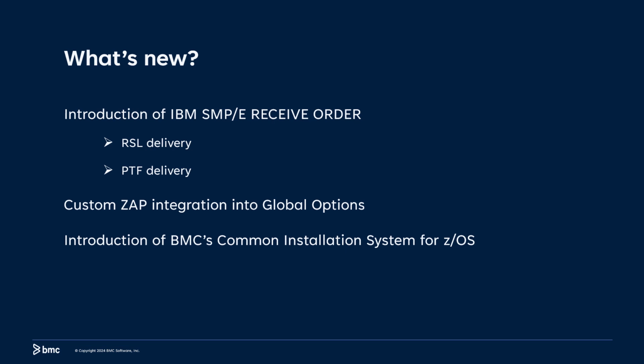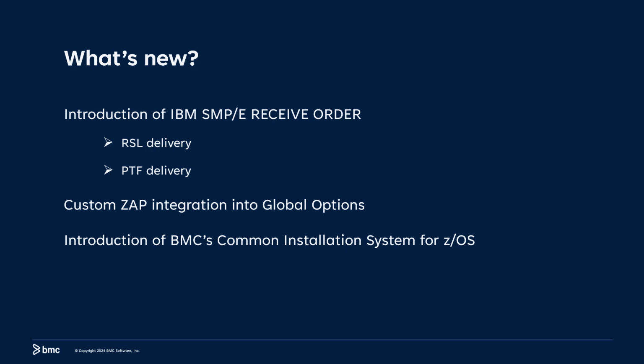Maintenance is now delivered as PTFs and RSLs via IBM SMPE. Maintenance can be obtained in bulk or as individual fixes via batch job using the Receive Order Control statement. Additionally, custom ZAP maintenance for prior versions of FDR, FATSCopy, and IAM products are now integrated into the product's respective